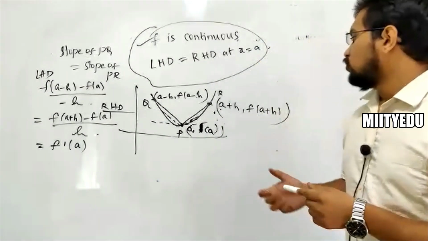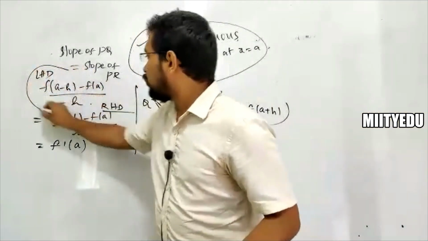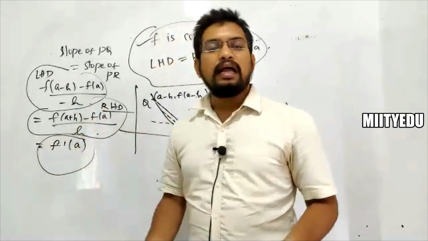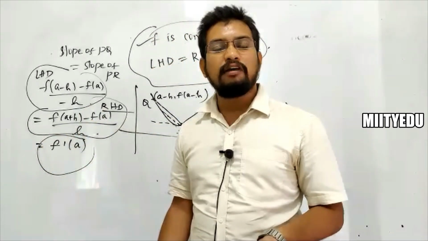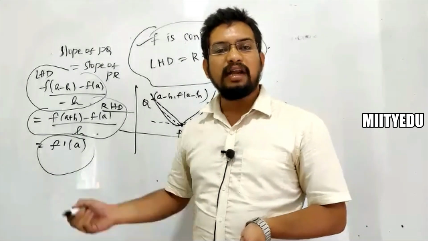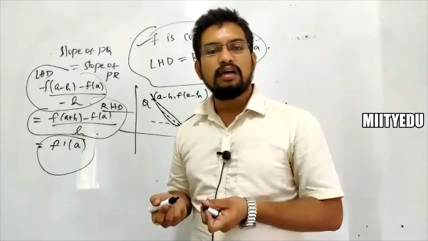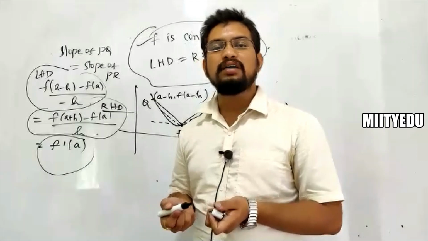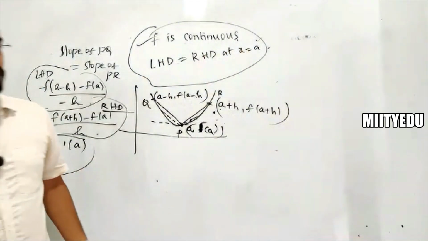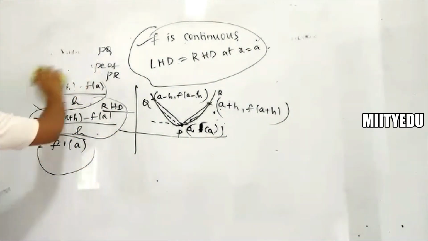Now, this is something like a plus h comma f of a plus h, and this is what you get. One is left hand derivative and one more is right hand derivative, and if these both are equal, that term will be called differentiation of f of x at x is equal to a, which you term as f dash a. And if rendu equal ay oka point ki equal ga avute, these are equal to the same value, that value which you will be calling f dash a. This is the very basic concept regarding the differentiability of that function, right?